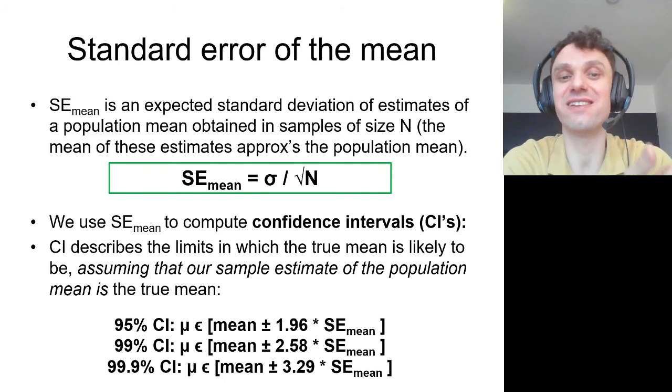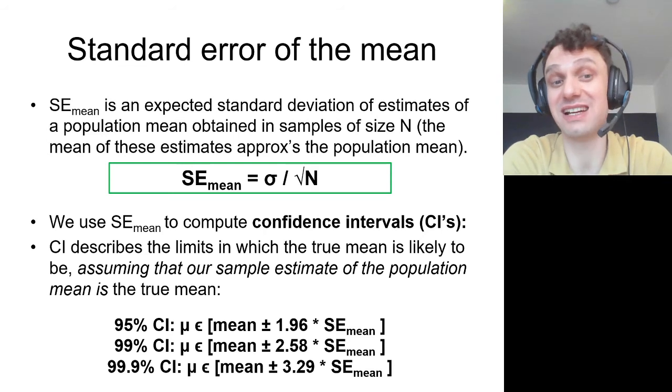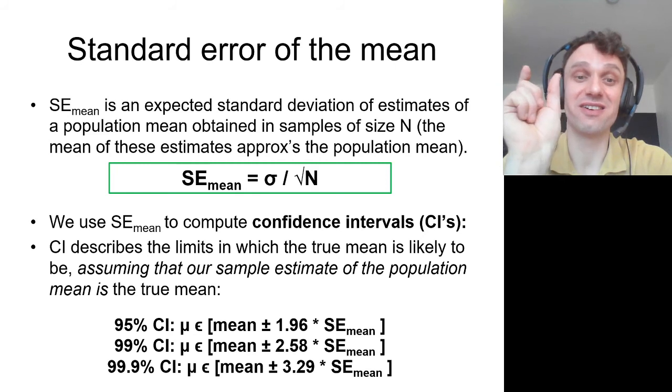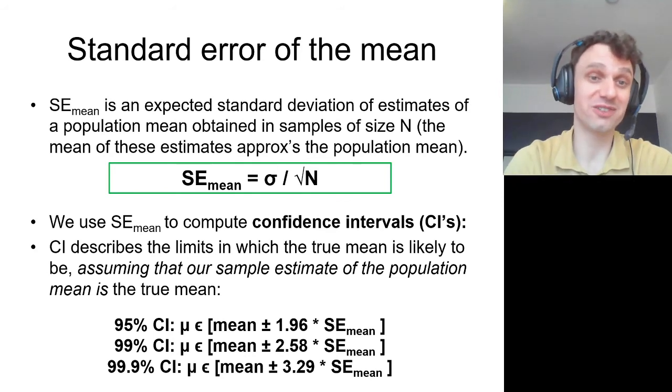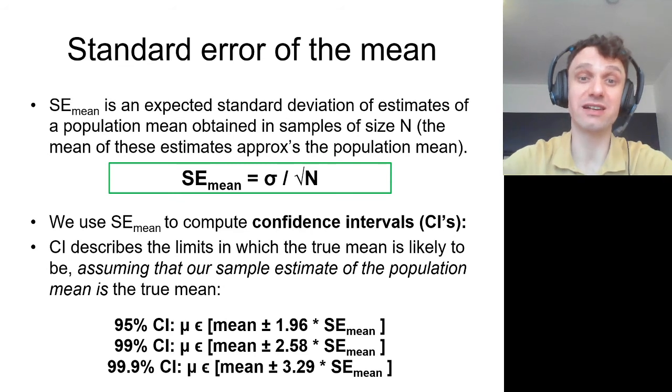You just take your standard deviation in your sample and you divide it by the square root of your sample size. As a result, you get this standard error, which is basically the standard deviation of results from different samples that you are supposed to get if you conduct this study, if you conduct this measurement many, many times over.